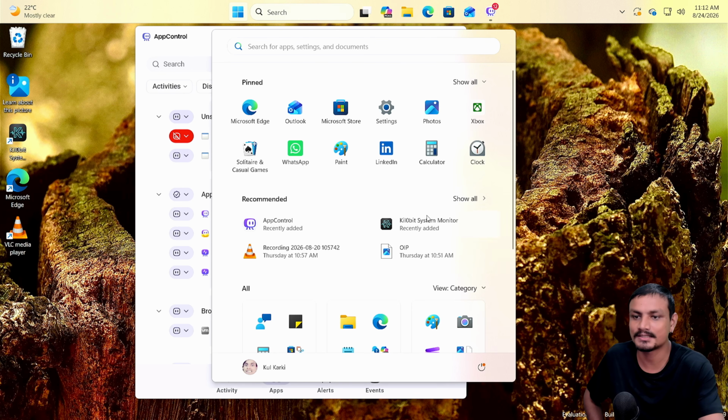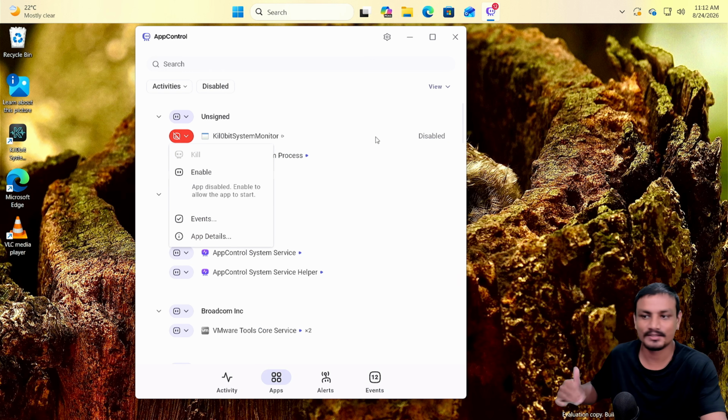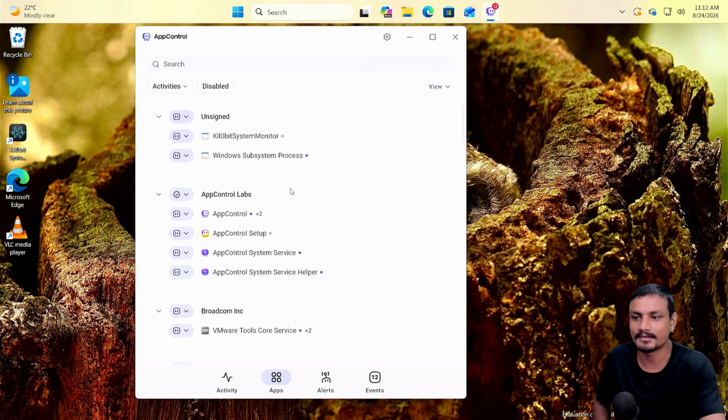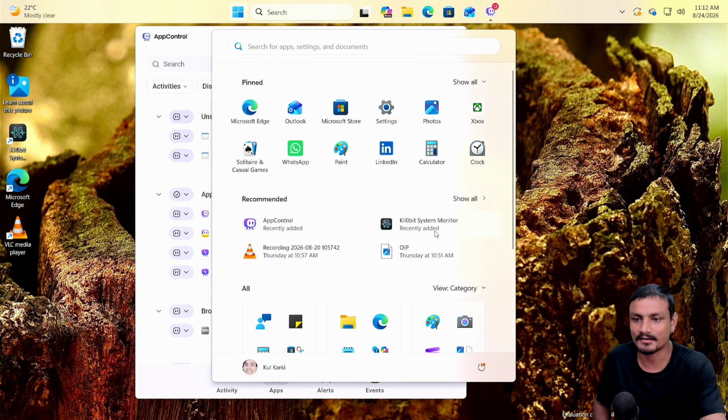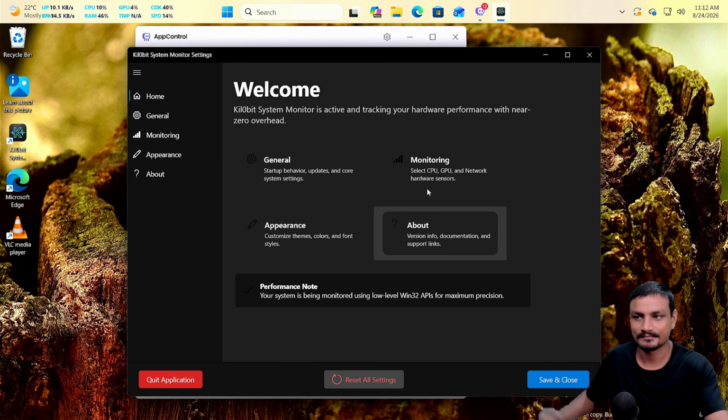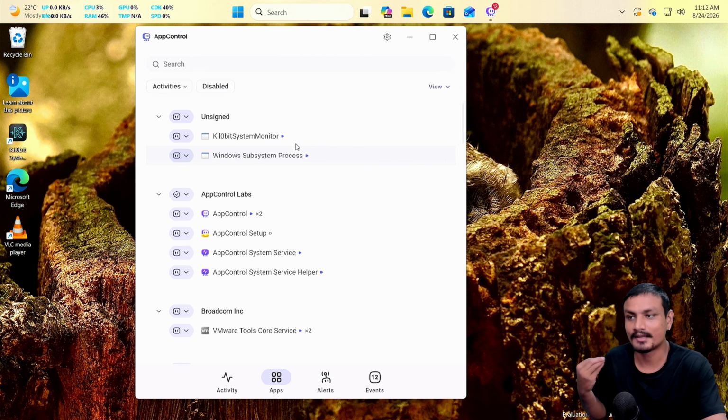So let me actually try to run the Kilobit System Monitor. Yeah, nothing is happening. This app is not launching. So you can completely disable the apps from running on your system. If you want to run them again, you can just simply enable. Now, if I run the app, look at that. It is running. So this app is just 100 times, in my opinion, actually 1,000 times better than the Windows